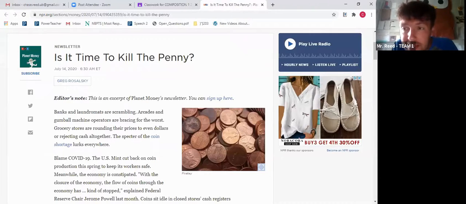Now, as you're reading and discussing this particular article, I want you to write down different reasons why the penny should still exist, because remember, you're going to be writing from the perspective of the penny. And this is going to tell you why the penny should be abolished, but also why it should still be around. So write those things down, and then we'll meet together as a whole group, and I'll explain your writing assignment to go with it. Okay, so let's get to the small group breakouts.